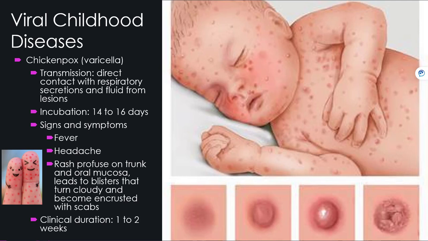You can spread the virus to other people for up to 48 hours before the rash appears, and the virus remains contagious until all broken blisters have crusted over. The disease is generally mild in healthy children. In severe cases, the rash can cover the entire body, and lesions may form in the throat, eyes, and mucous membranes of the urethra, anus, and even the vagina.